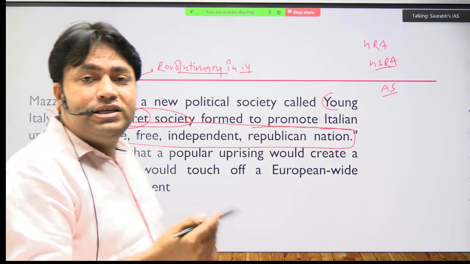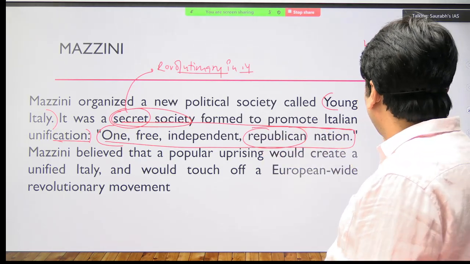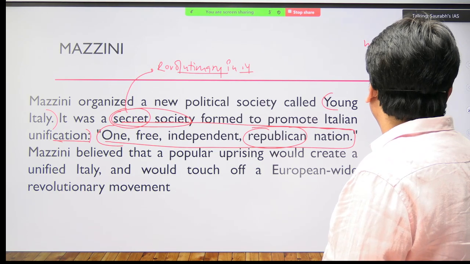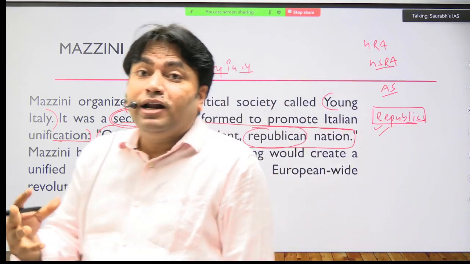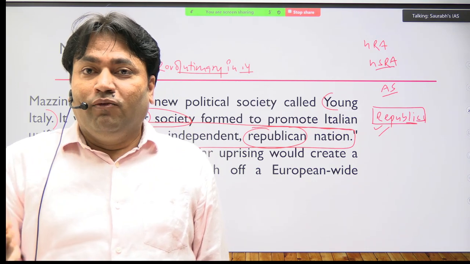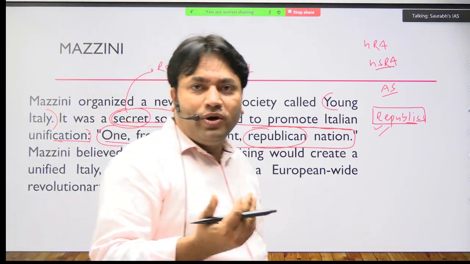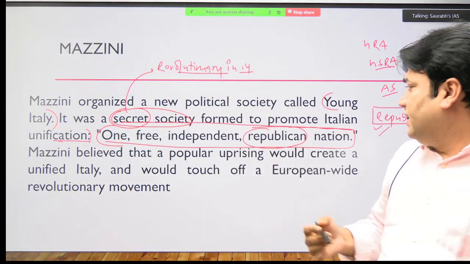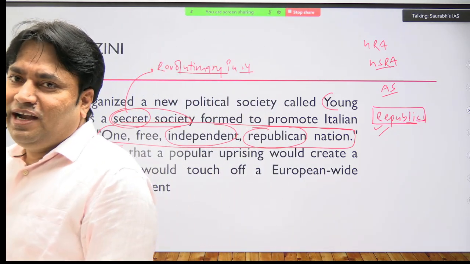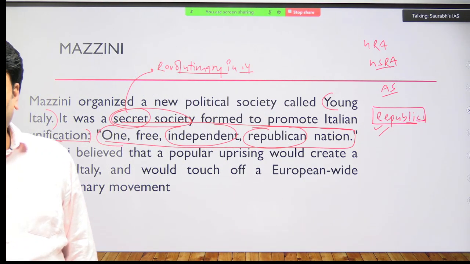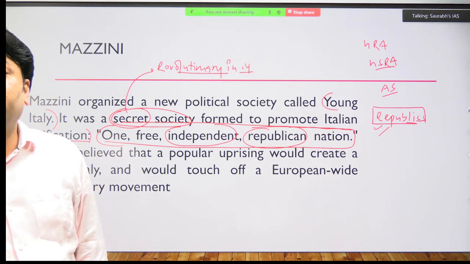Look here, this is the expression of modern thought. They are saying republican nation. It means here the demand is to bring a new political system. That system must be a republic. When will republic come? When you uproot the monarchical setups. जब आप monarchical setups को uproot करोगे तभी तो रिपब्लिक आएगा, right? Here what has been written? Independent. Why has it been written independent? Because different areas or different territories of Italy were in the control of different powerful monarchs of Europe. They were subjugated.